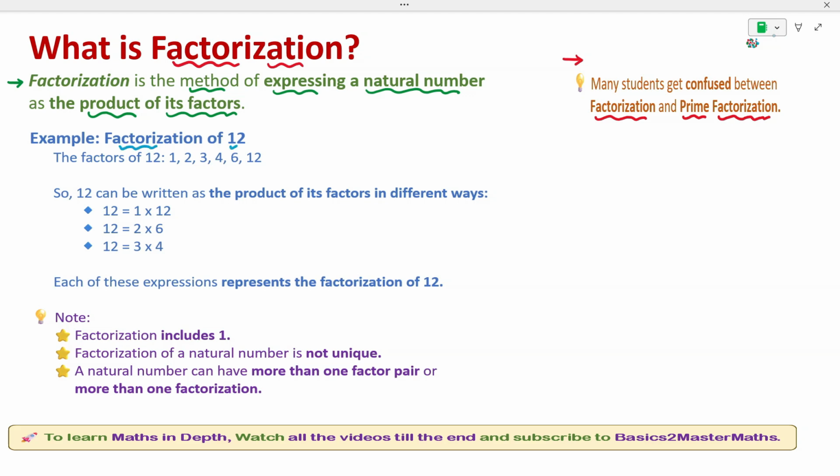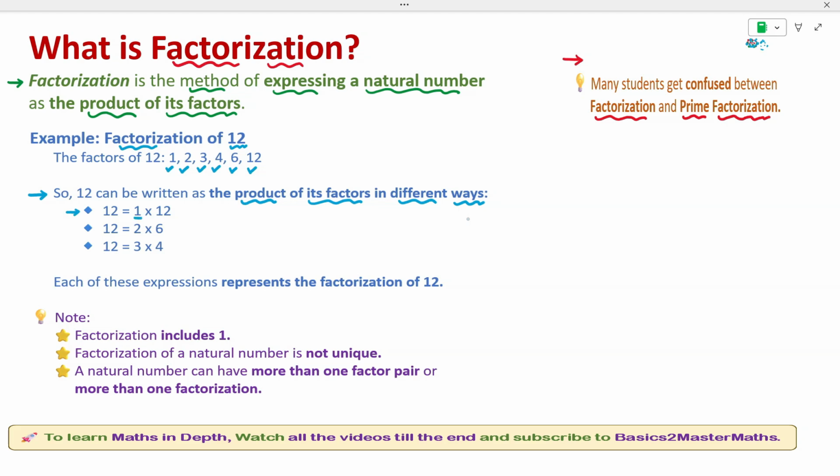Factorization of 12. We know that the factors of 12 are 1, 2, 3, 4, 6 and 12. So, 12 can be expressed as the product of its factors in different ways. Observe here, 12 can be expressed